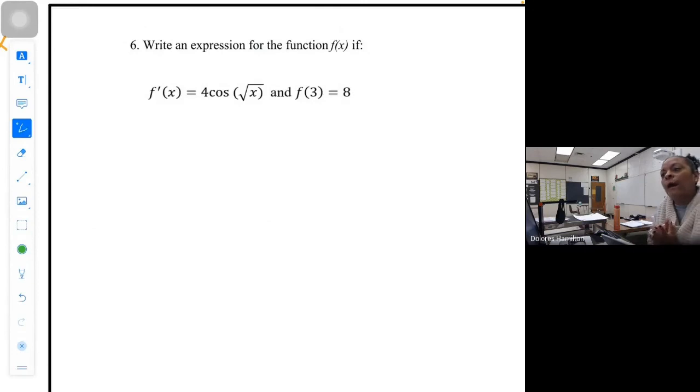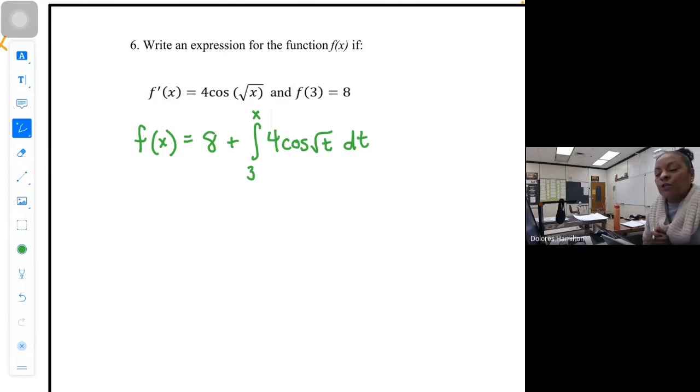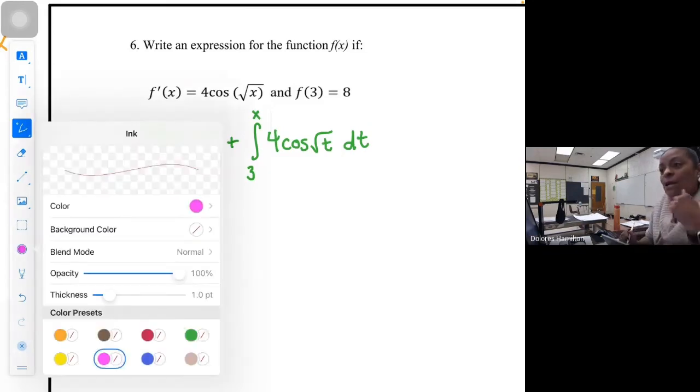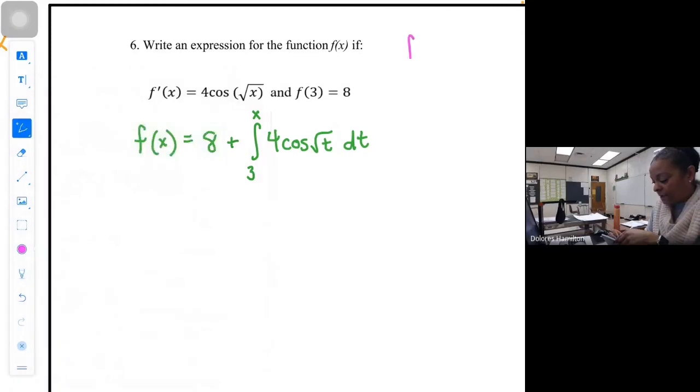So here we are asked to come up with this function f of x if we know f prime is 4 cos of root x, and we know the initial value f of 3 is 8. Take a second. And we should have this. Now you might remember how we came up with those values, where if we know what f prime is, and we know f of 3 is 8,